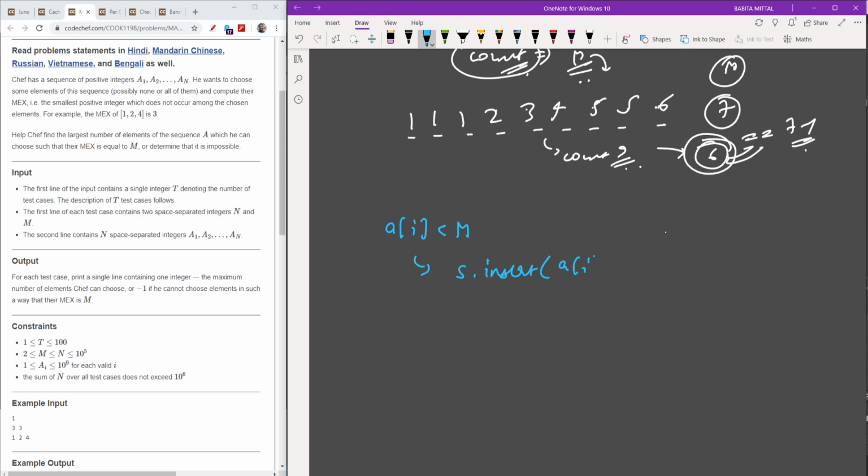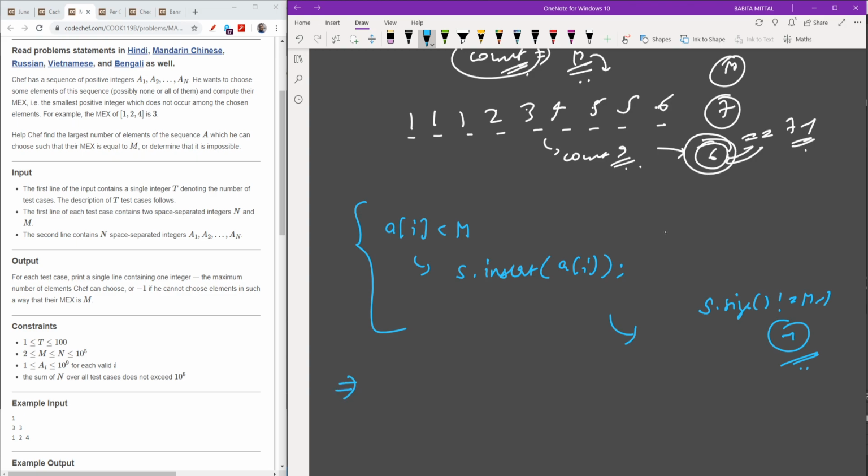If at the final step, which means after I iterate over my whole array a, the s dot size is not equal to m-1, then I will print -1, because if that is the case, then I won't be able to obtain any subsequence which follows the condition, so that mex is m.